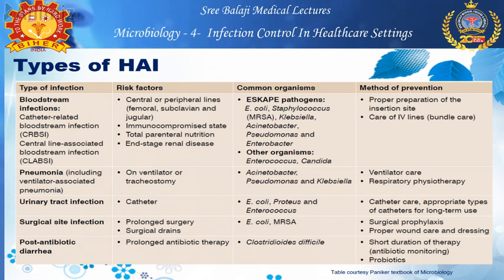coli, Proteus, and Enterococcus. And prevention usually includes catheter care and usage and selection of appropriate catheters for the patient. In case of surgical site infections, prolonged surgery and surgical drains are the leading risk factors. And the common organisms are MRSA and E. coli. And the method of prevention usually starts with surgical prophylaxis being administered appropriately during surgery, and proper wound care